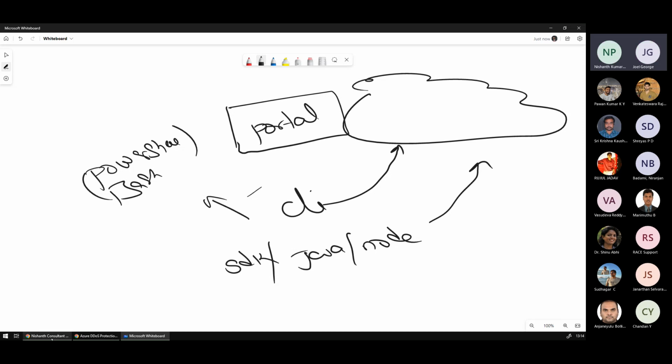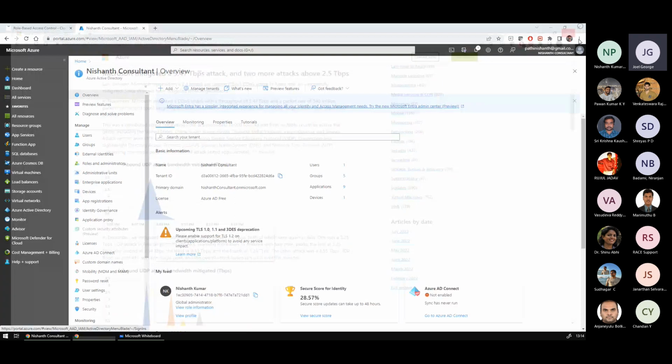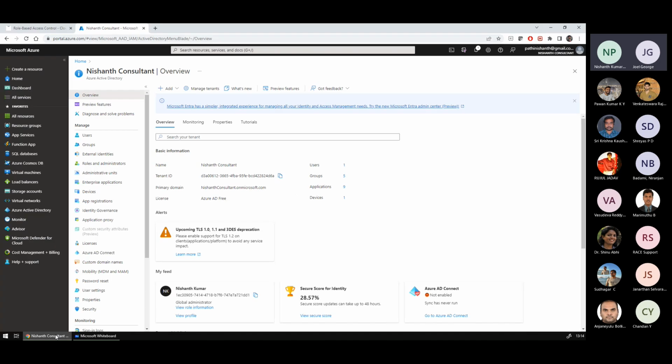Using a nice GUI portal, you can control the resources. Using a CLI, you can control the resources. Using a .NET SDK or Java code, you can create the resources. Now, if you are a very advanced user,